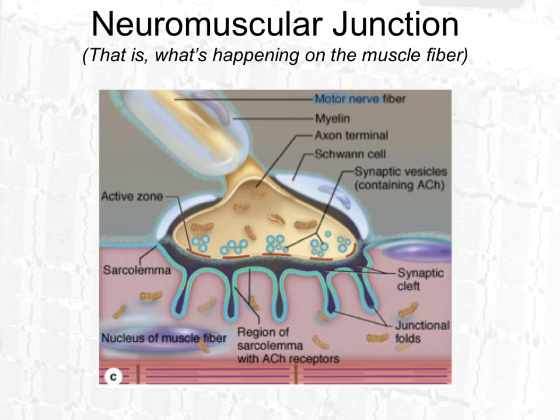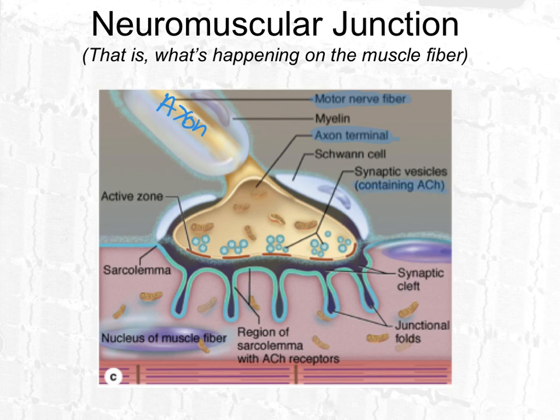So we have first a motor nerve fiber, a motor neuron. Okay. The axon, that long wire, is there, covered in a myelin sheath to help with the conduction. And the axon ends at what's called the axon terminal. So that's just the end of the axon that's going to connect to something. And at the bottom, where the connection happens, there are all these synaptic vesicles. Okay, and they contain the neurotransmitter